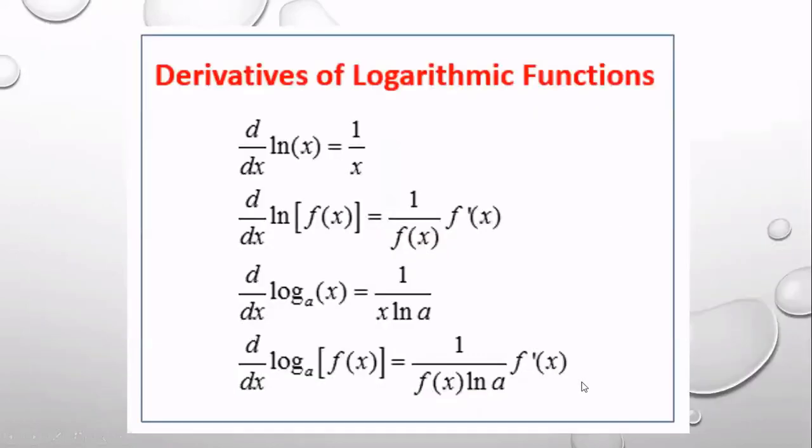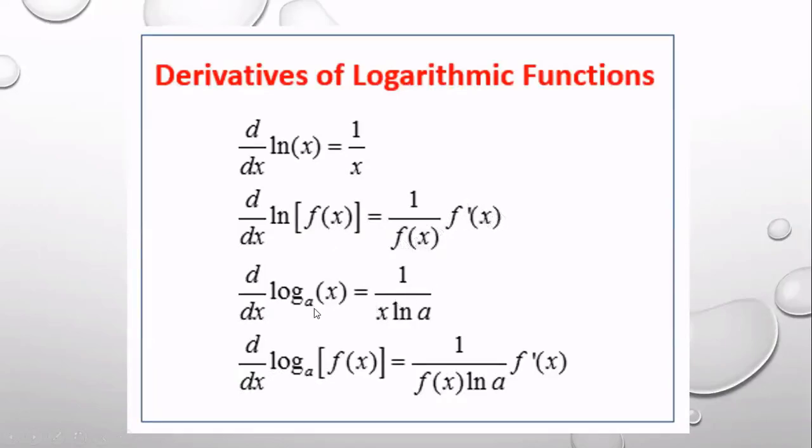So for logarithmic, 1 over x. Sometimes it is 1 over f(x) into f dash x. Very, very important. Why? For the first function, you put 1 over x: ln x is 1 over x. ln f(x) means 1 over f(x), and again this f(x) has to be differentiated. So ln f(x) is equal to f dash x over f(x).